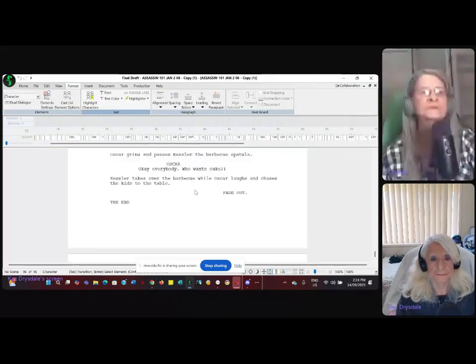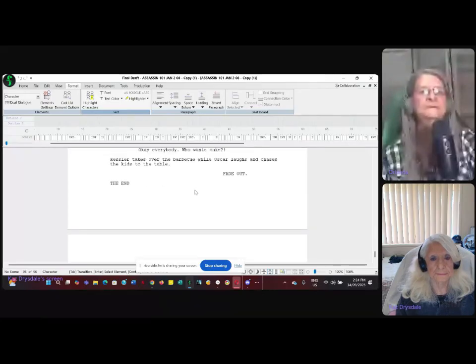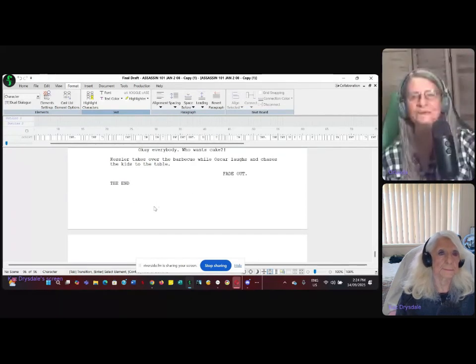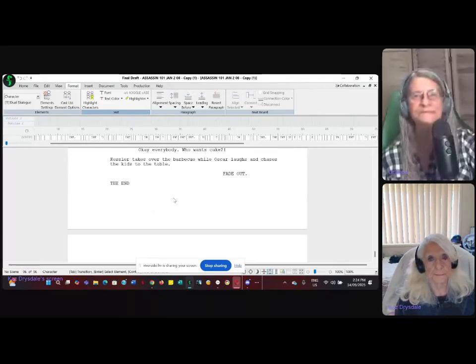Where it says character on the side, right underneath the Final Draft logo, you hit that drop down button and you will see transition. You click on that and it'll give you your option to fade in or fade out. And this would be the time when you fade out.